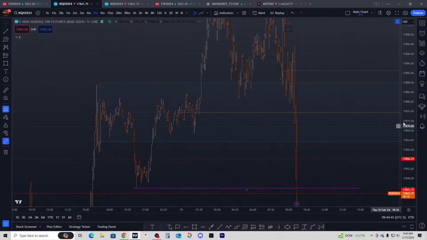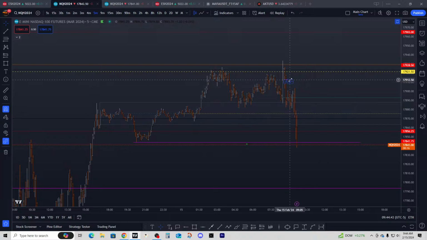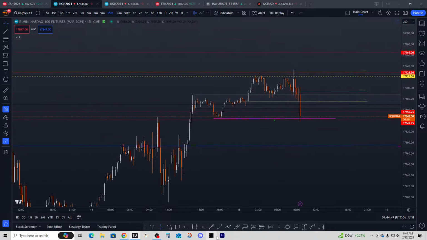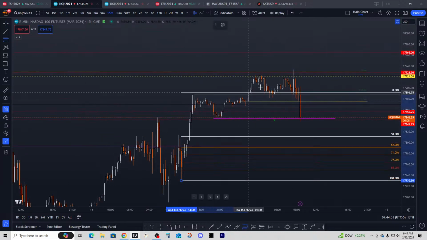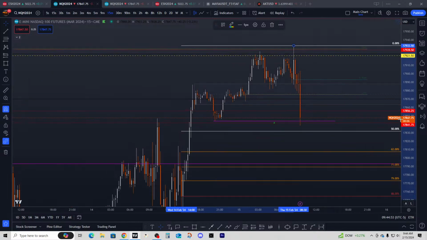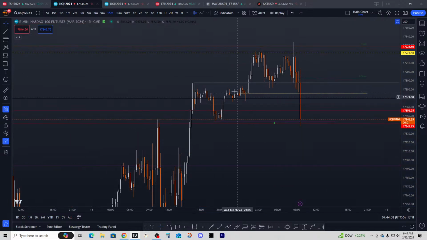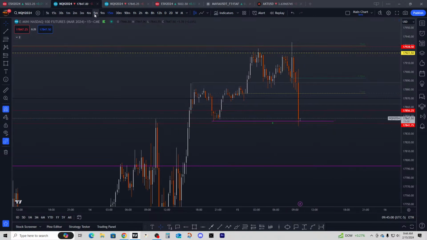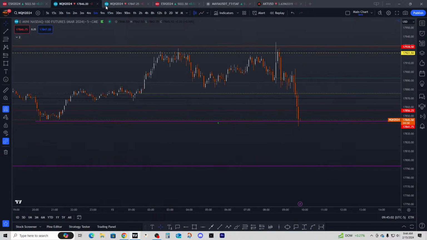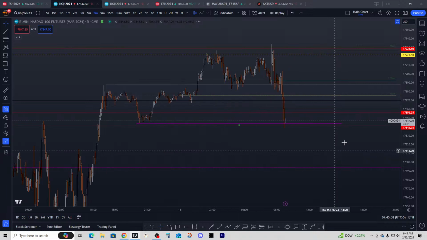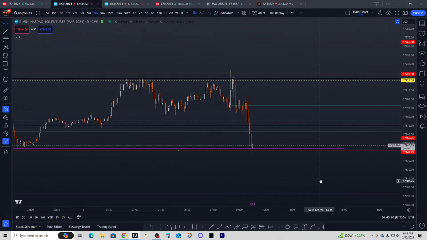So now if we get an inversion, I want to pay attention to see if we can get anything higher from here. So going up to this higher time frame range now, I'm just going to do this swing low to this swing high. 50% would be here. So we haven't quite hit that, but that's okay. I just want to see what happens here in price. Like, do we get up and above and inverse some of this? But it would be nice to see more of a consolidation or an energetic move higher. So just need some more information here